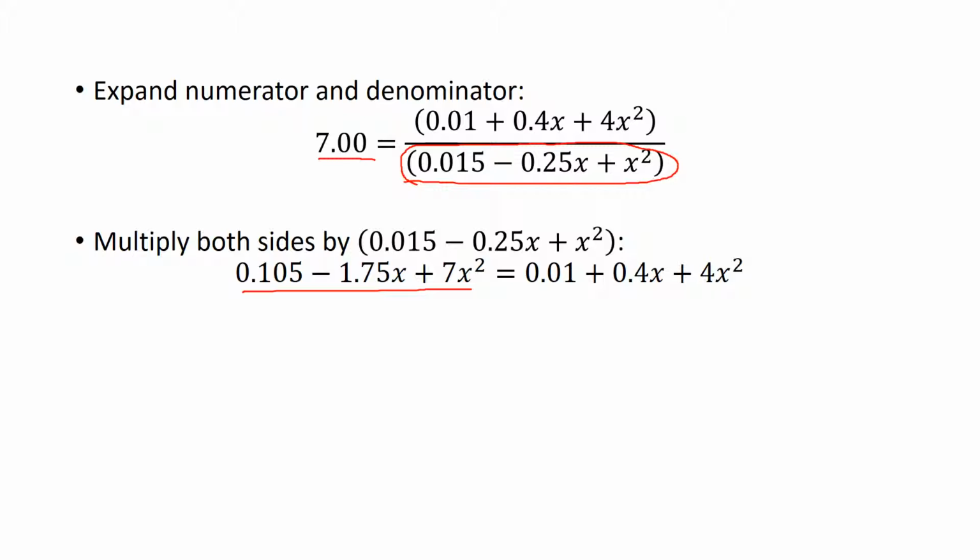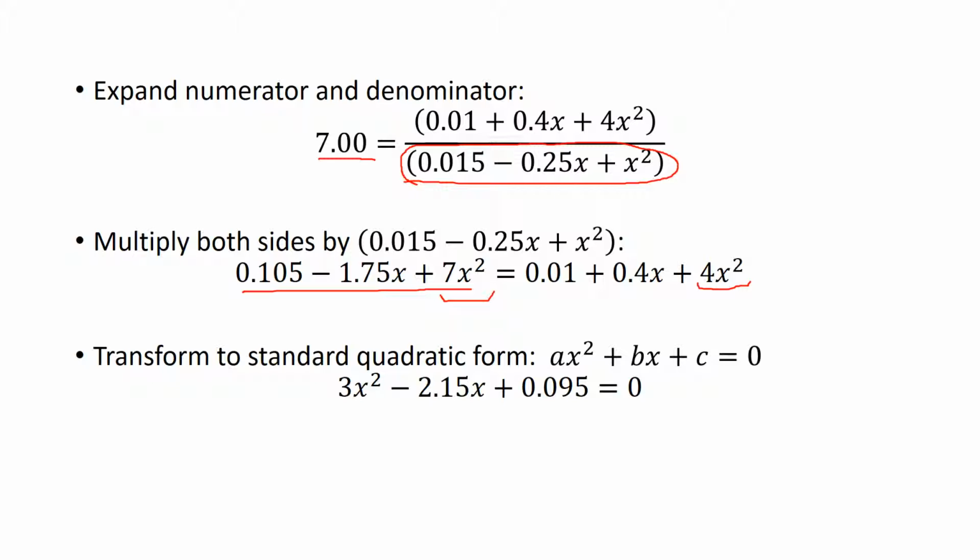I carry that out, and now I want to bring everything over to one side of the equation in order that I can get it into a standard quadratic form. So, for instance, I will subtract 4x squared from 7x squared to get 3x squared, and so forth. I'll do that to each term,